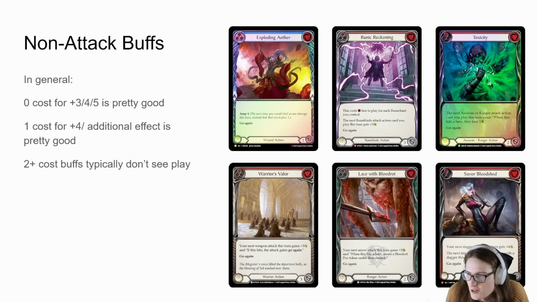So I think these are all pretty good examples of 0 costs that end up seeing a bit of play. Next we have 1 cost, and I think 1 costs generally try to come in for +4, but there are some notable 1 costs that still see play even if they're +3. So like Warrior's Valor I think still sees play in Dawnblade Dory, which makes it kind of interesting